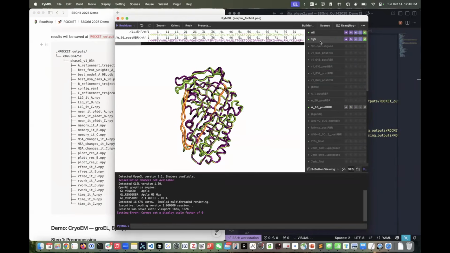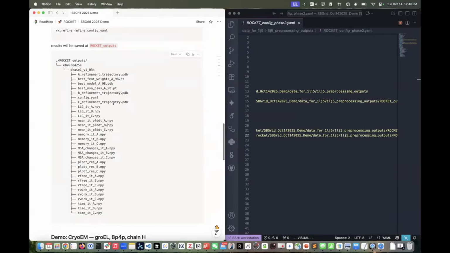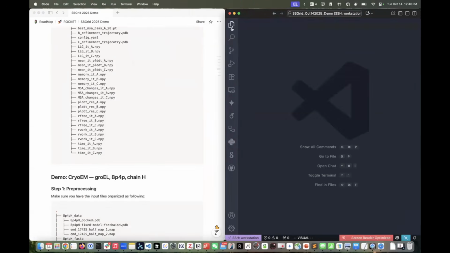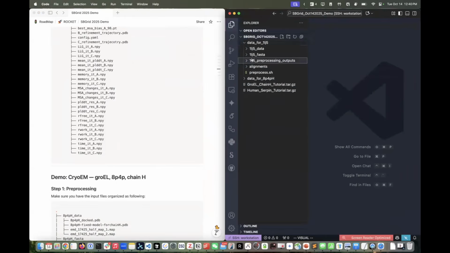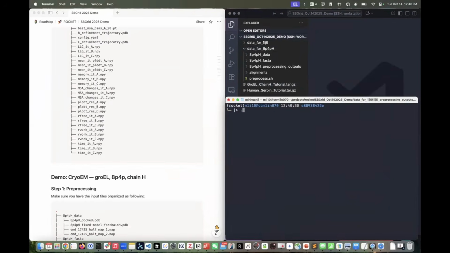Okay, that is for the X-ray case. And then for the cryo-EM case, it's actually a little bit different, but mostly they are the same, and sometimes it can be even simpler. So if we go to the cryo-EM case,